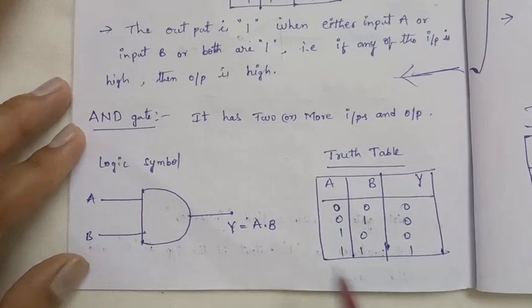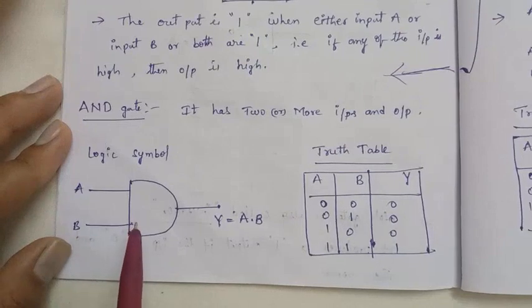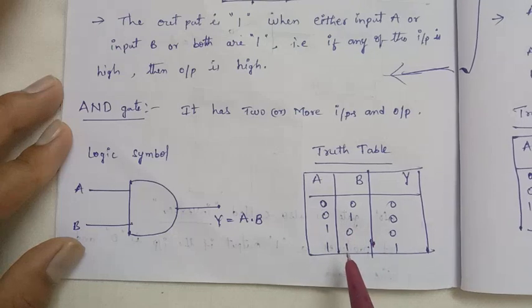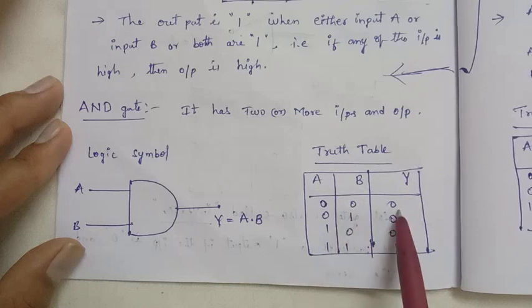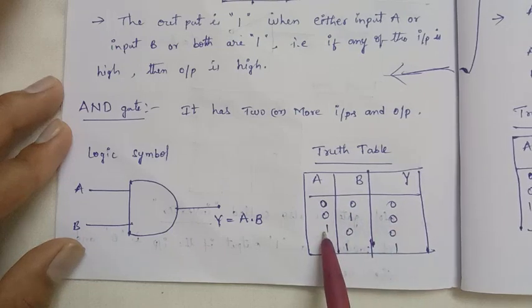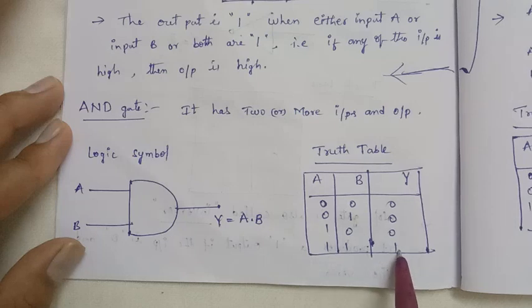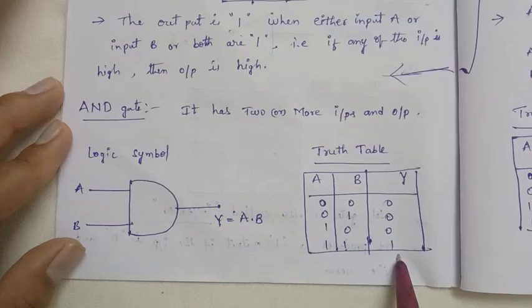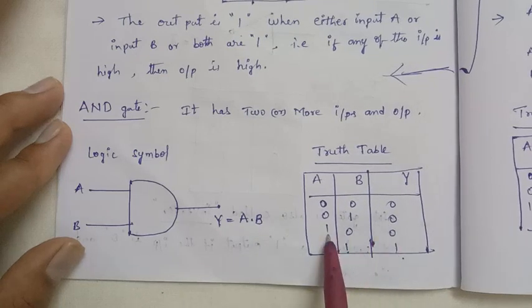So here is the truth table. All of you observe this truth table, the logic symbol and the truth table. Based on this truth table, in your own words you have to write the theory. Low, low, then output is low. Low, high, low. High, low, low. High, high, high. That means if two inputs are high, then output is high. Otherwise, the output is low. So only one condition in AND gate: if two inputs are high,